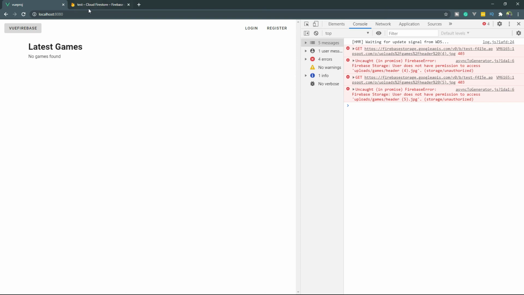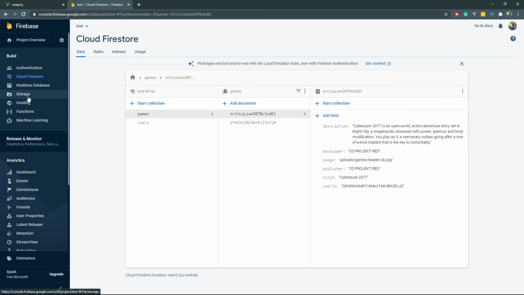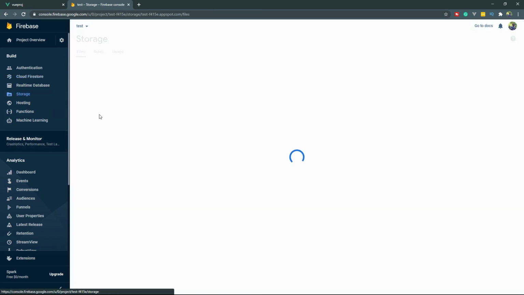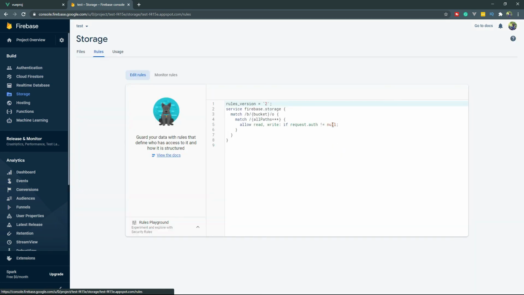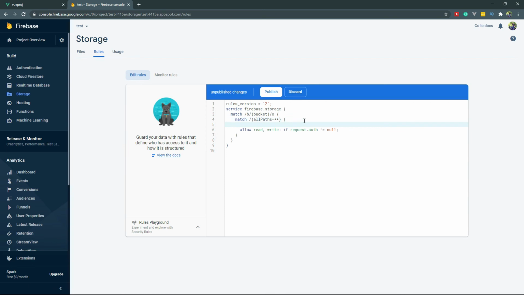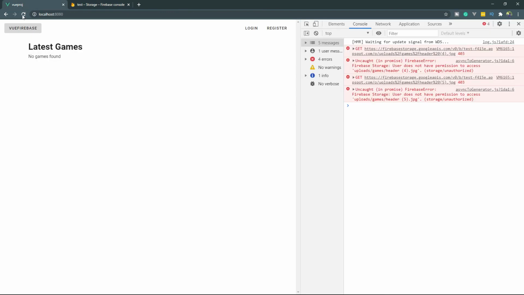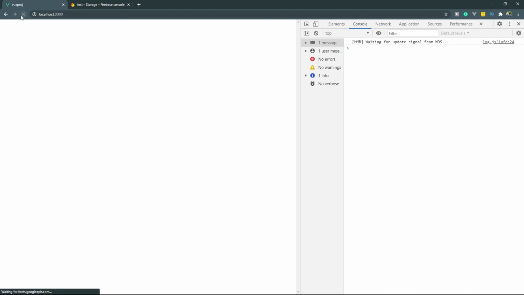We can fix this very quickly by visiting the storage from Firebase, and here in the rules section we need to add one new line. Allow read. Now publish this, and if we give it a refresh now,